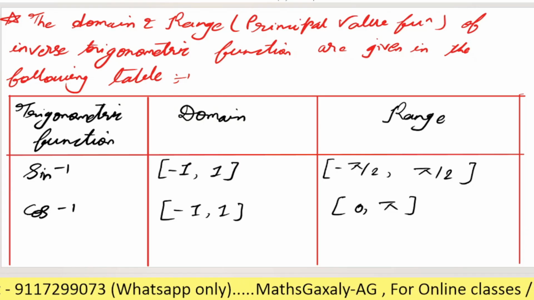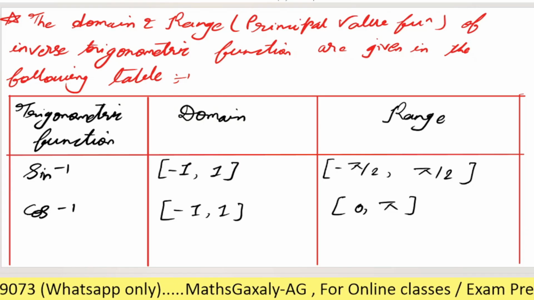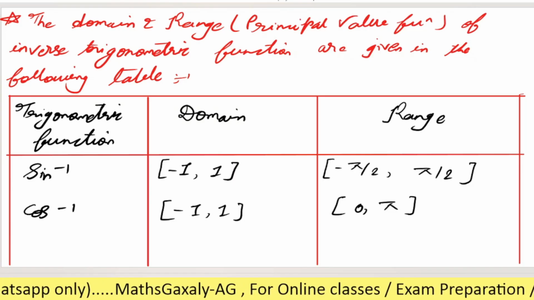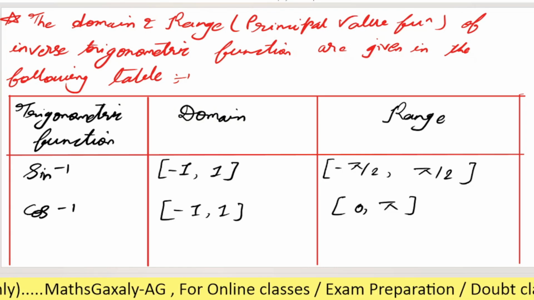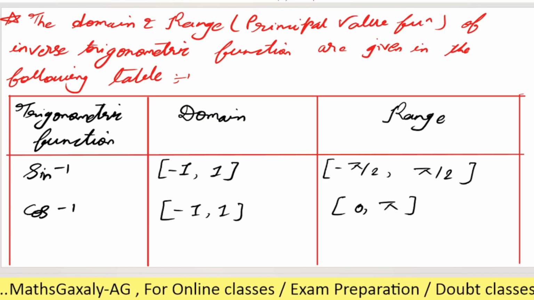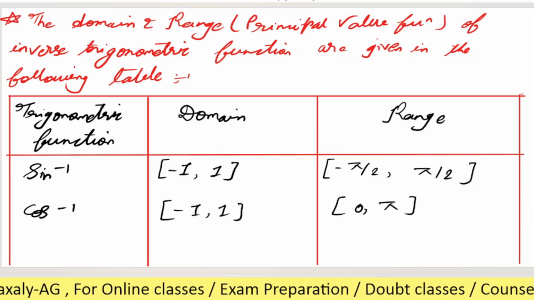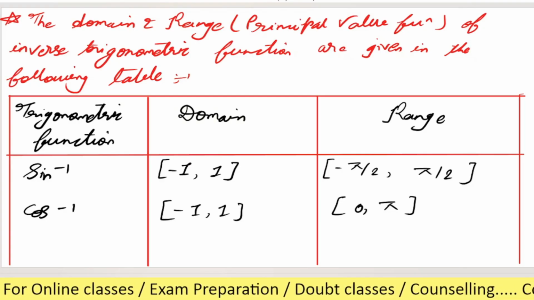Whenever you see the value of the cos, it will vary from 1 to -1, right? We can say that -1 to 1, when it comes in the inverse function, at that time domain and range will be interchanged. So that's why here it will be 0 to pi. Is it clear now?